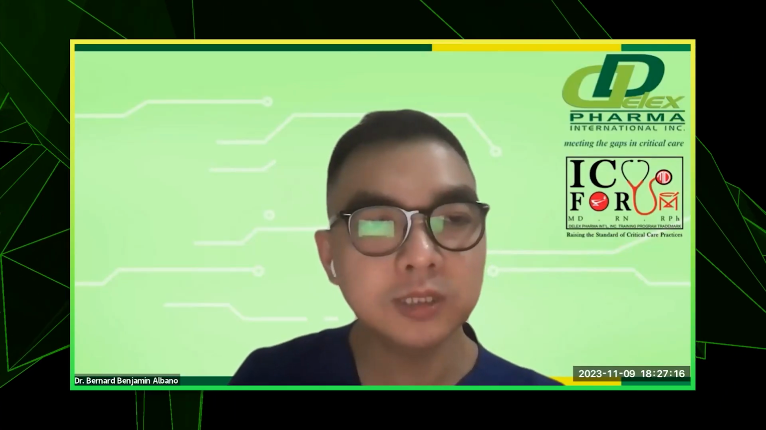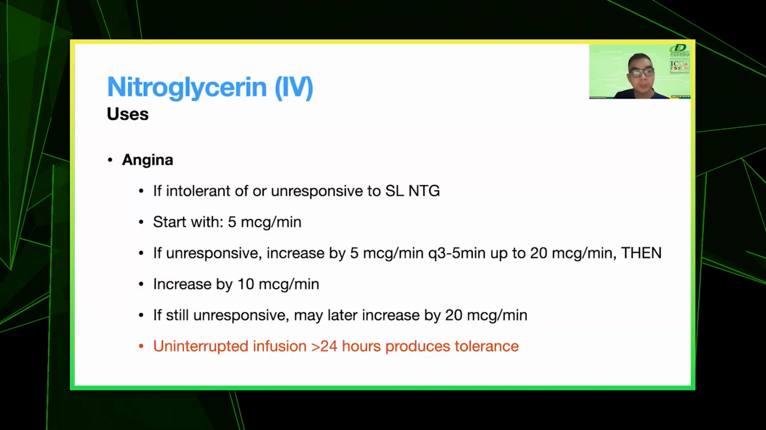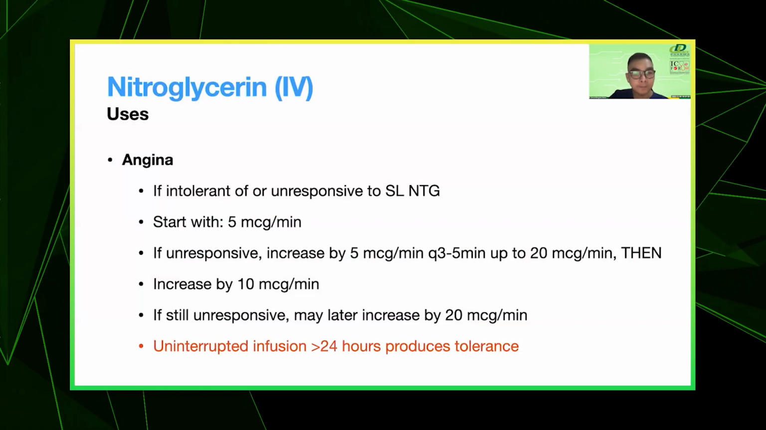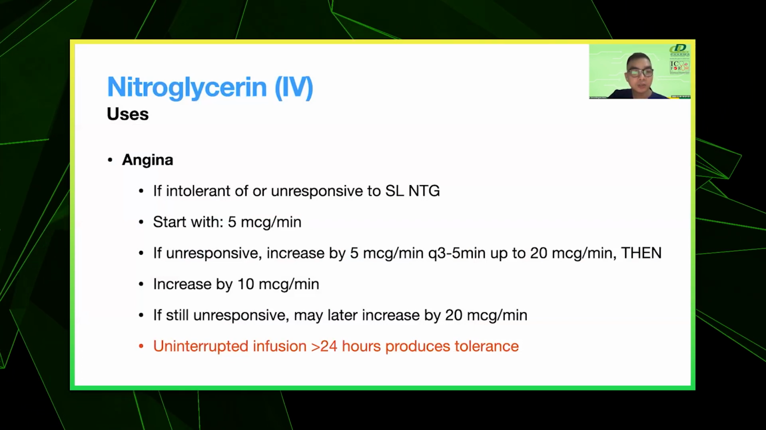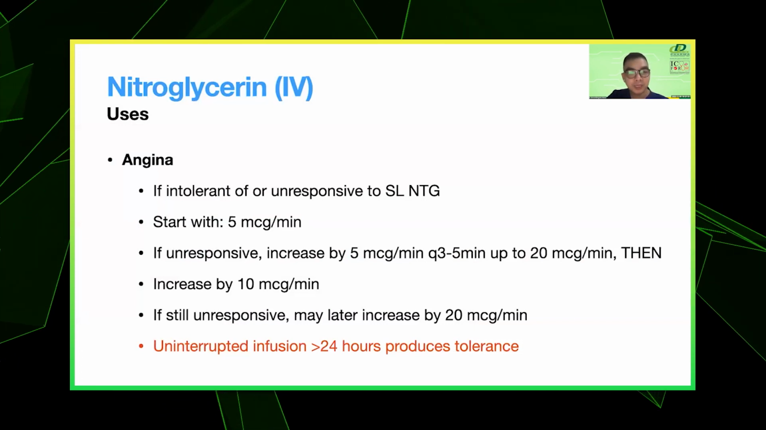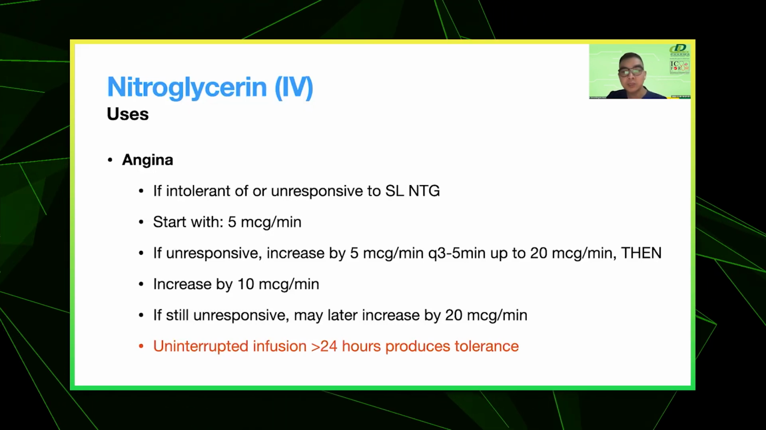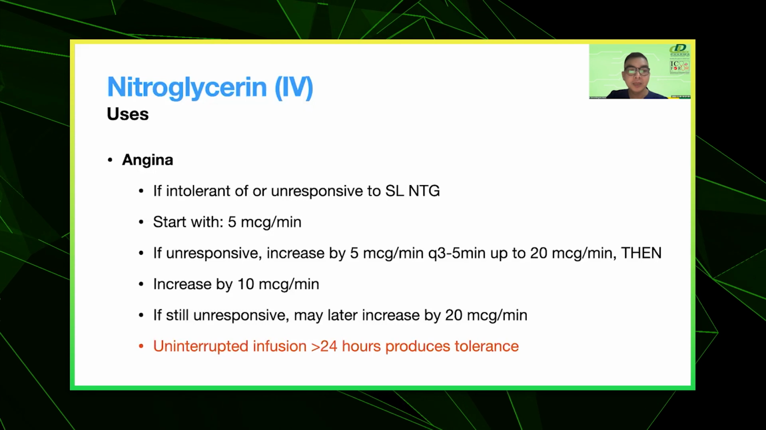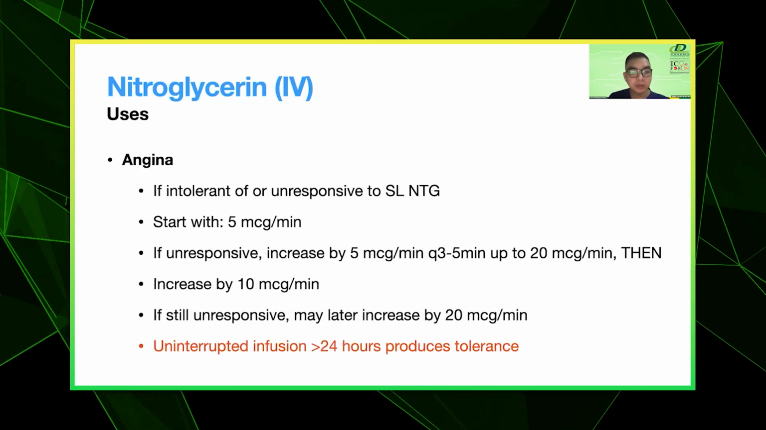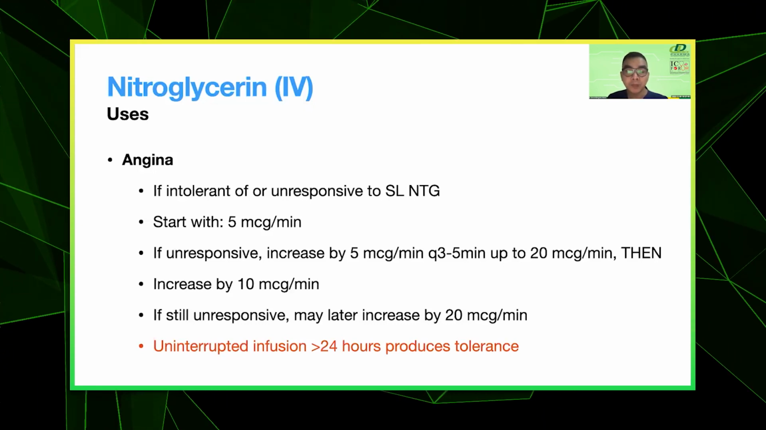The uses of nitroglycerin for angina is IV nitroglycerin, we can use it if they are intolerant or unresponsive to sublingual nitroglycerin. And the onset of action, we can start the dose with 5 microgram per minute. And if unresponsive, we can increase by 5 microgram per minute every 3 to 5 minutes up to 20 microgram per minute. Then we can further increase it by 10 microgram per minute. But if it's still unresponsive, we may later increase it to 2 times the maximum previous dose, which is another